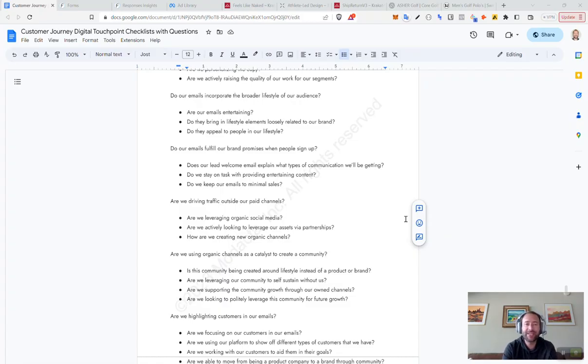Do we keep our emails to minimal sales? This one's kind of important. There are so many brands these days that got into trouble and don't really understand their unit economics, their cost to acquire customers, their customer journey, so they just shove sales emails out over and over in different sales periods. And that's their only way of driving revenue. Revenue isn't profit, though. Whenever I see people driving nothing but revenue and just sale after sale after sale, I have some serious questions about the health of the company. It also tells me as a consumer that I have no incentive to purchase outside of these select sales times.